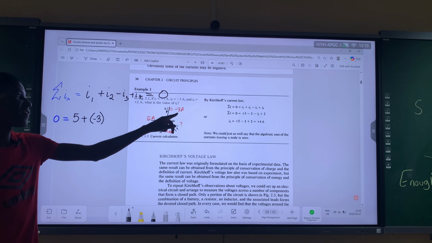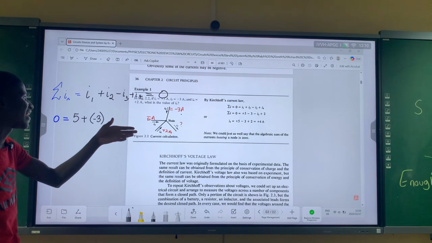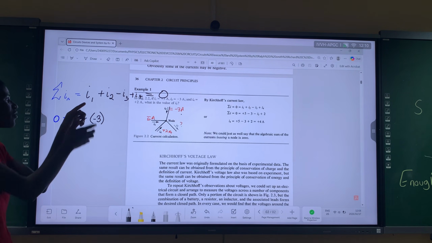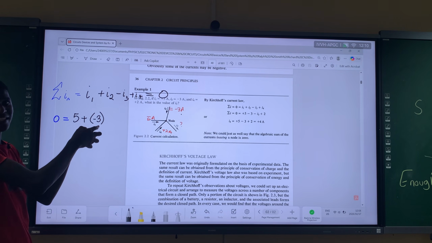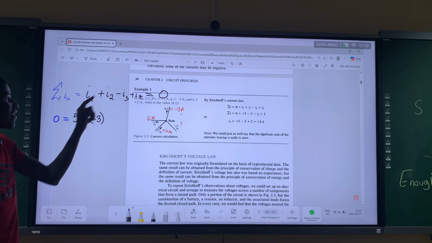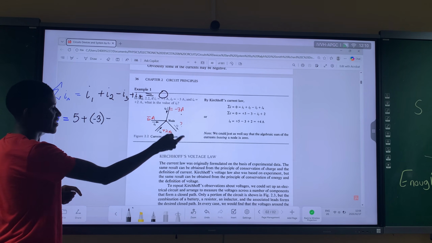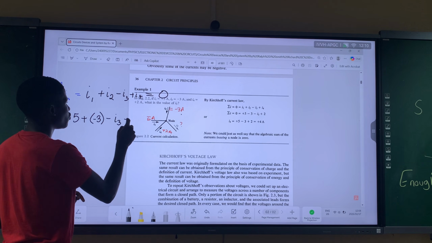At some point we'll find out can current ever be negative and why is it negative in this case, but the actual value was negative 3. But now in our expression, we are adding, but we add a negative number. And then your I3 is what we are subtracting here, our I3 is what is unknown. And then I4 is positive 2.